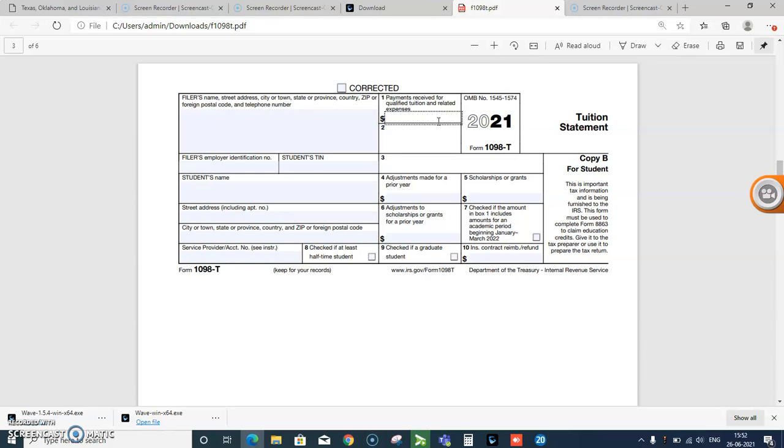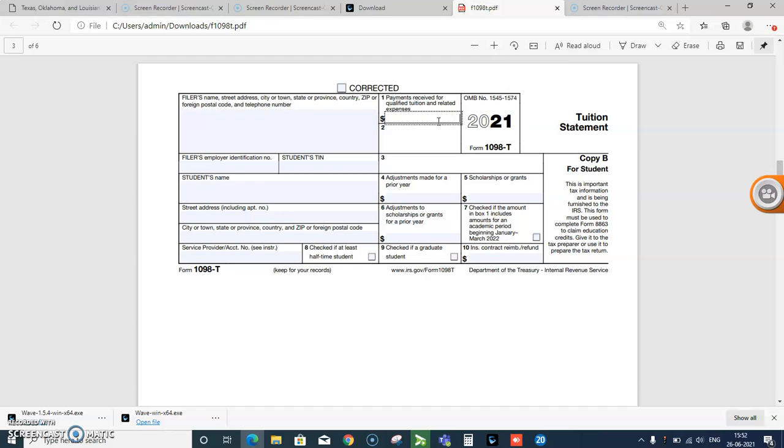Now coming to 2018, the form was changed to reflect only amounts actually paid for qualified tuition and related expenses. Schools use box 1 to report the payments received. Box 2 is no longer used. Box 3 still provided a checkbox to indicate a change in the method of reporting from the amount billed to the amount paid method. Now in 2020, with only one method available for the current and prior years, the checkbox for changing the method is no longer needed. So box 3 is no longer used.